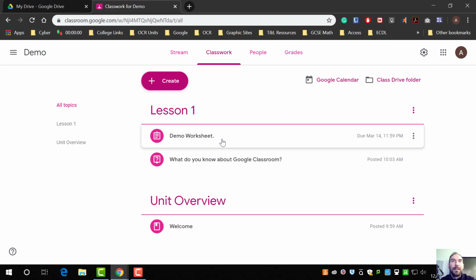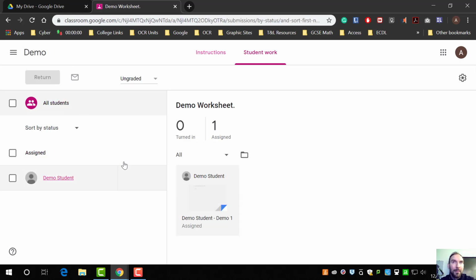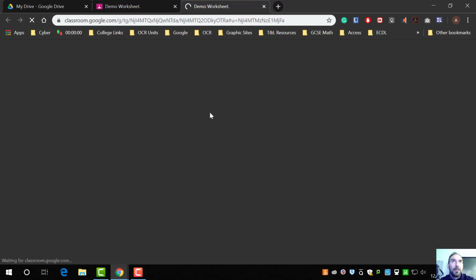If I go to demo worksheet, I can see that one person has been assigned it, but they've yet to hand it in. I can click on that and get a bigger breakdown. This would be a list of your students. 0 turned it in. 1 student assigned it. We can see that that's our demo student, and I can click on that demo student,